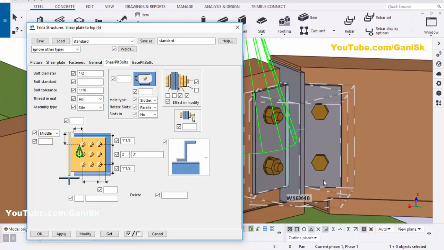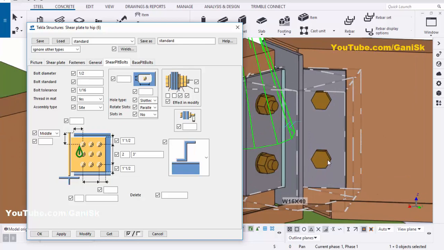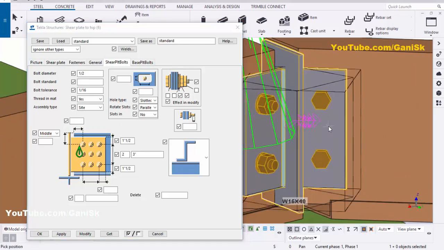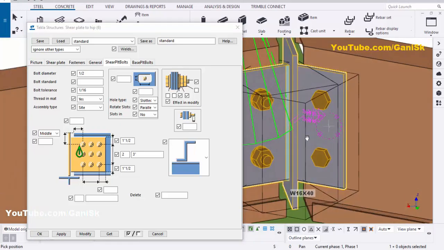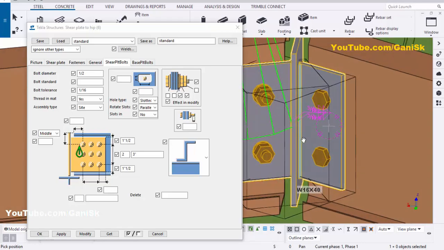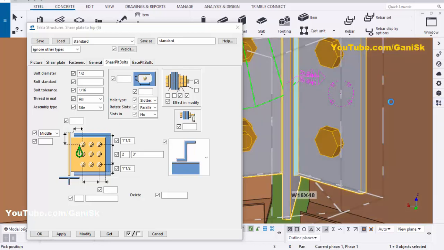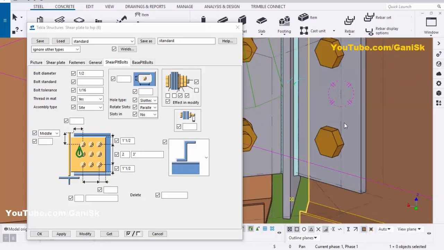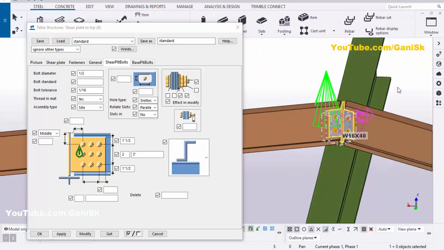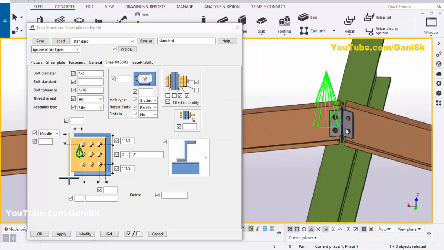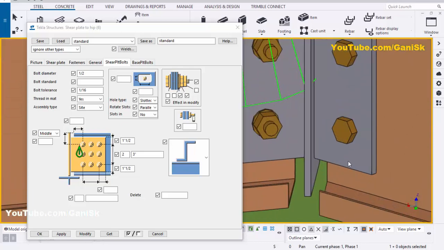Now coming to the width wise, just rotate it: click on space, right click on mouse, use the shortcut Ctrl R and rotate like this. Okay, now coming to this width, right click mouse interrupt, click on space, right click mouse stereo view. You can see, zoom out, and click on space, right click mouse stereo view and zoom in. Now coming to the width side, select this connection plate.